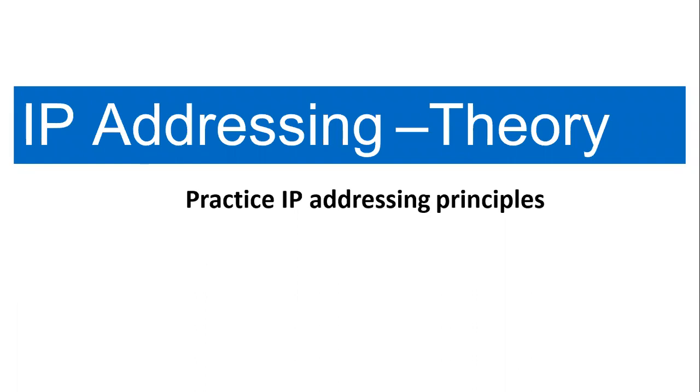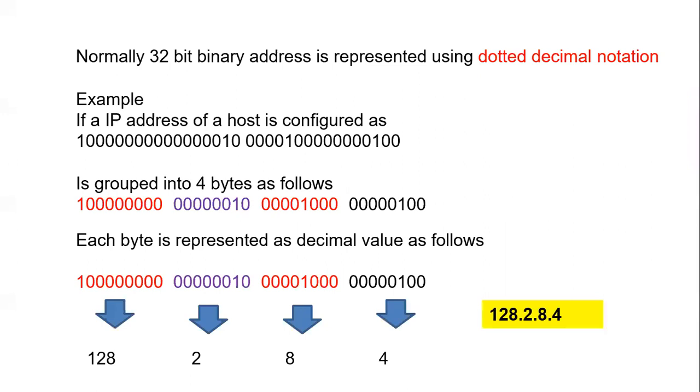Now we'll see other advantages of creating subnet also. Before that, we'll briefly go over what is an IP address and the notations used. An IP address is a 32-bit address. It's divided into 4 parts, and each part has 8 bits. So the maximum value is 255, the minimum is 0, so the range is from 0 to 255. The 4 parts are separated with a dot symbol. That is how an IP address is specified.